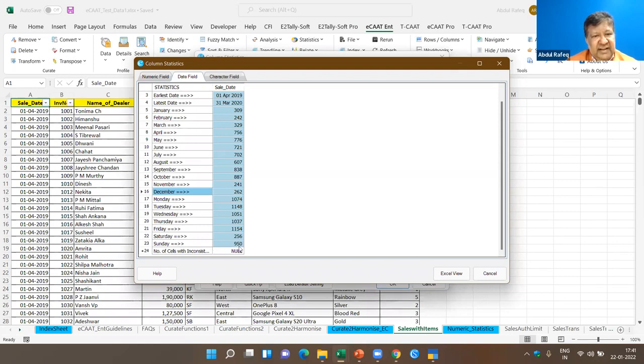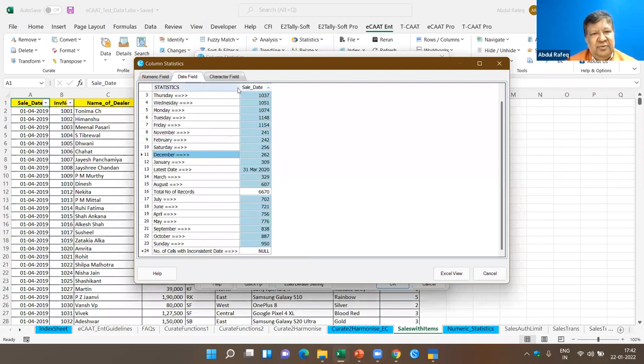Now you find even on Sundays there are transactions, and based on this quick review, it looks like Saturday seems to be the lowest sales. It also gives me, and most beautiful is, the number of cells with inconsistent formula, which means, for example, I have got sales data and I'll apply the same thing to another format. I'll show you. I'll be able to find out when they applied a formula, are there any cells where they